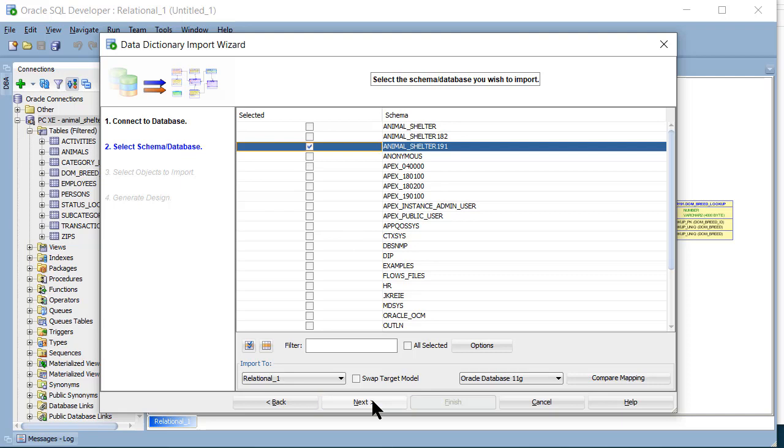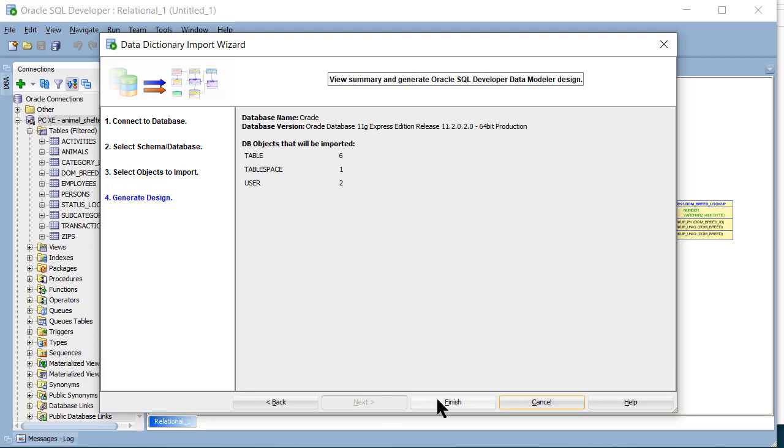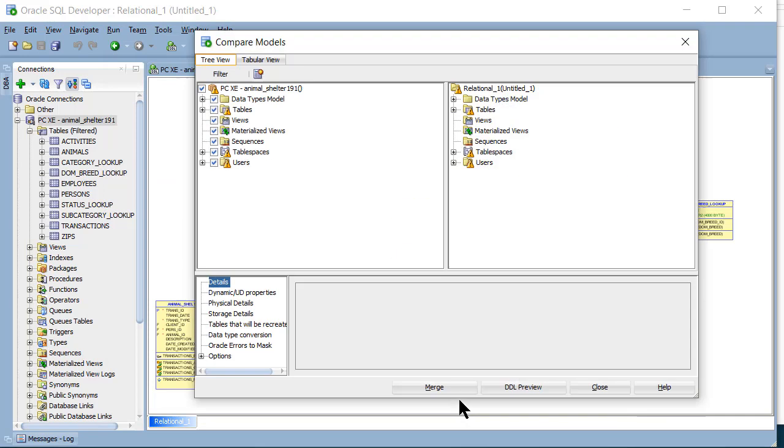Select my animal shelter 191, and I'm going to unselect the lookups. So I'll get a more succinct view of the data dictionary or the data model, the core database for this application. And when I click Finish, since I've already done an import, I get this screen. I want to